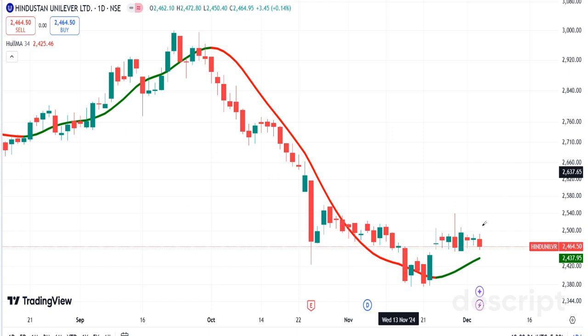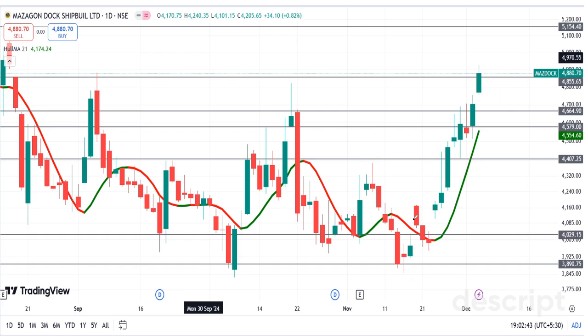Next was Hindustan Lever, a live call. We got a great call way back, but somehow we are stuck due to the lack of volume. Next, we have a great call in MASDOC. One can keep this stock on radar. It's an absolute range-bound stock. See the range, it works. If it breaks this range tomorrow, then you're due for another 6-7% move till 5154. This is the beauty of this indicator. And it works in all time frames.